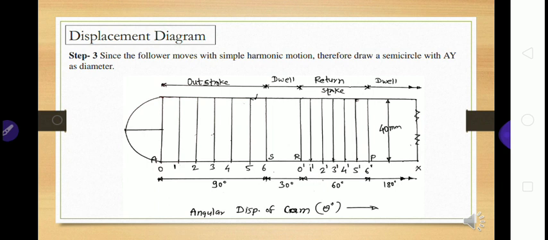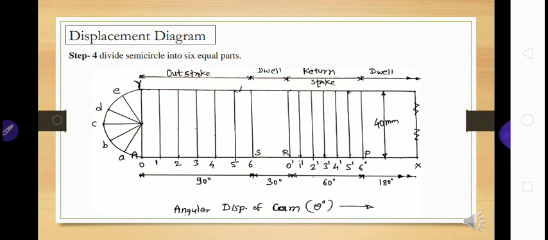In the first problem, you observed that for the uniform velocity case, we just drew one straight line from point A to point G. This kind of straight line we drew from point G to point P also, because it is the condition given in the problem that it has uniform velocity. Here simple harmonic motion is given, and for drawing the displacement diagram, the procedure is to draw one semicircle at one end of the displacement diagram, having a diameter equal to the stroke length. Therefore, we have drawn one semicircle.